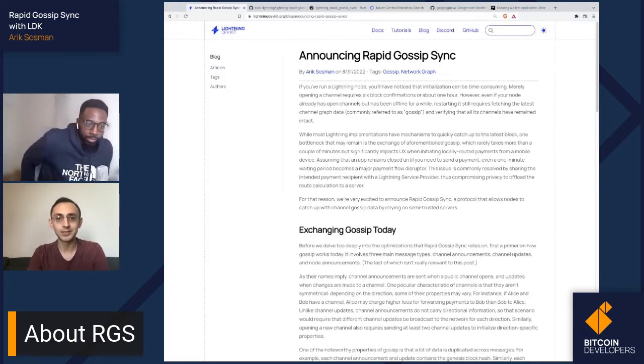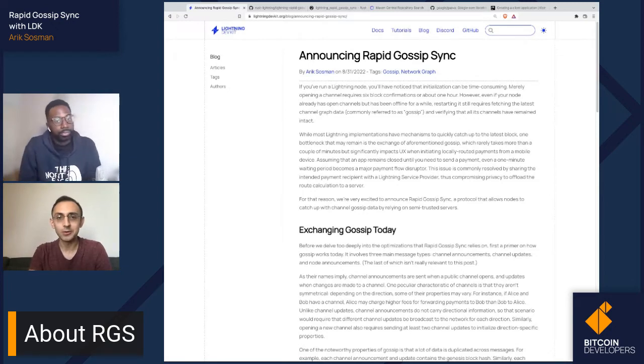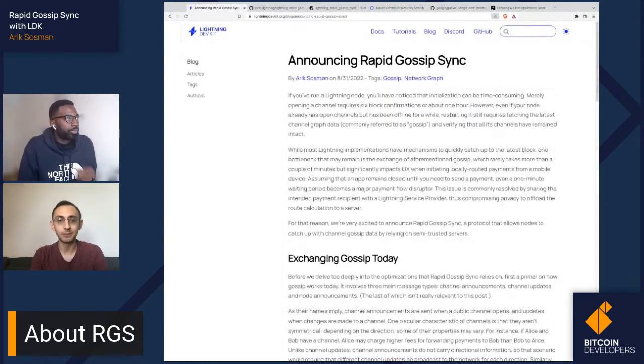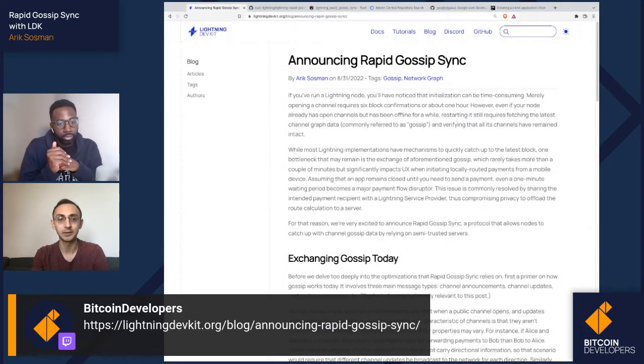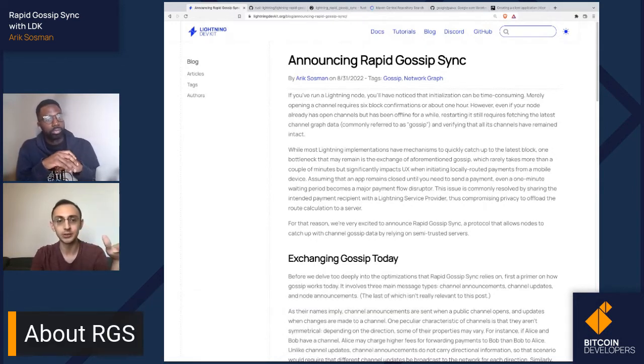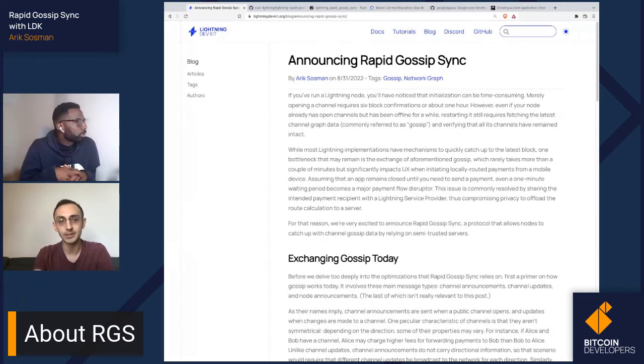Yeah, certainly. So if you are building on Lightning, and especially if, like me, you have also been working with other developers who have been building mobile apps that are supposed to use Lightning, you will notice that one of the issues with the Lightning Network is constructing and routing payments.